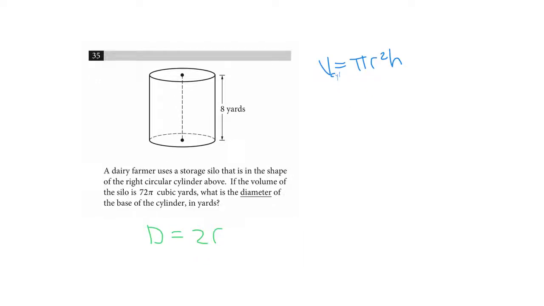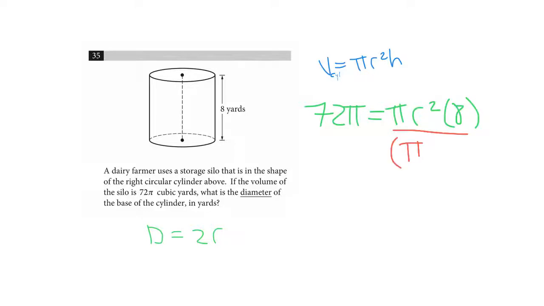All right, so nonetheless, they give you the volume. It's 72 pi. So they actually gave you the volume of this one. And we know it's going to be pi times r squared times the height, but we have the height. The height, of course, is 8. So it's going to be that, right? Now I'm going to kind of do this all at once just to save time. I'm going to divide the entire thing by pi and 8, just to save time. And as a result of that, this 8 cancels with that, and this pi cancels with that, and we are therefore left with r squared